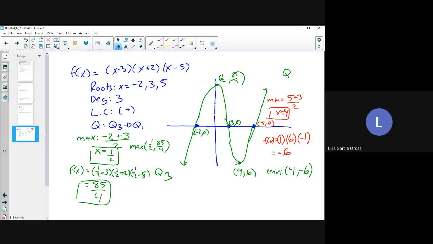Don't worry, I made the numbers easy to work with. I don't think there's a fraction. Maybe it might be like 1/2, and that's probably it. All right, so